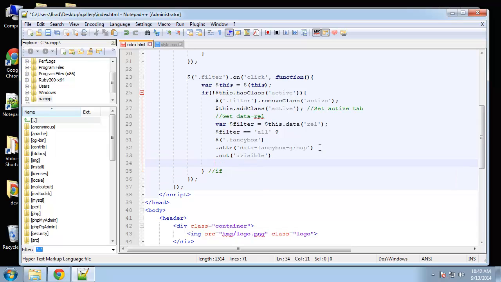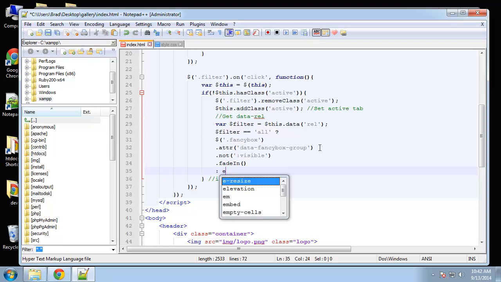Basically, we're just resetting everything to the default, which is showing all images, and we're going to fade that in. All right, now else,